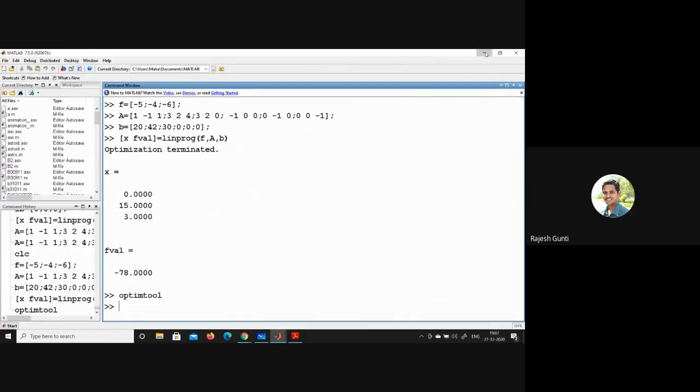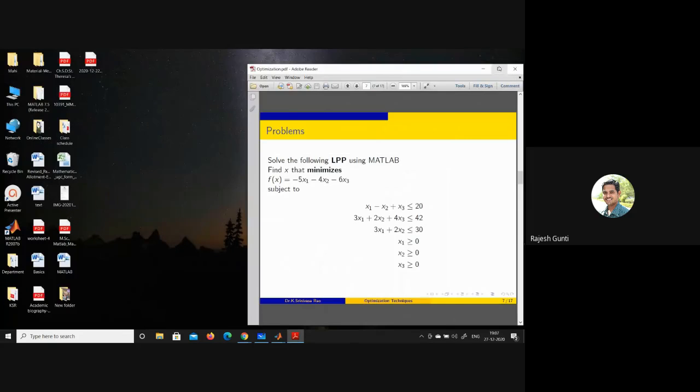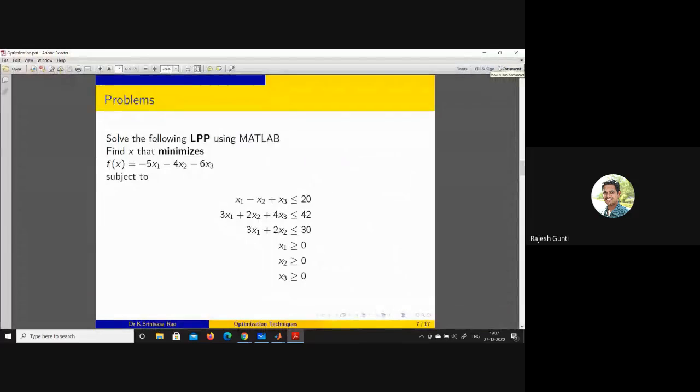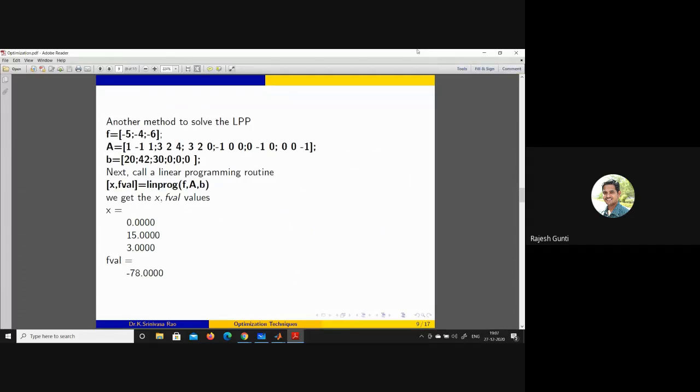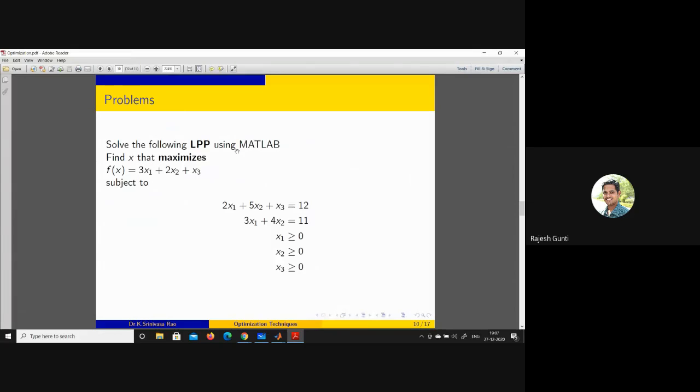I'm taking another problem. I already explained this one. Another method to solve the LPP. This entire thing I converted as an equality constraint. Inequality constraint. Lower bounds also converted. Suppose this is the problem. Solve the following LPP